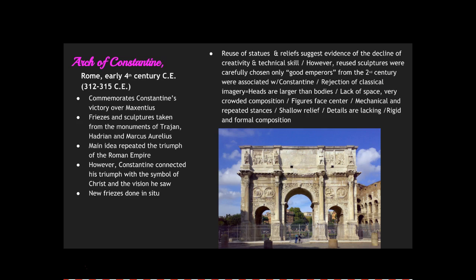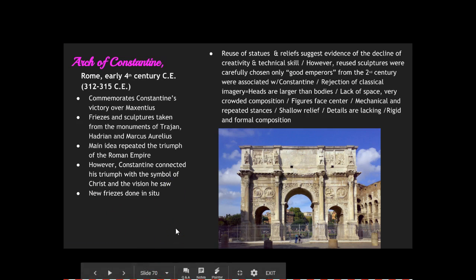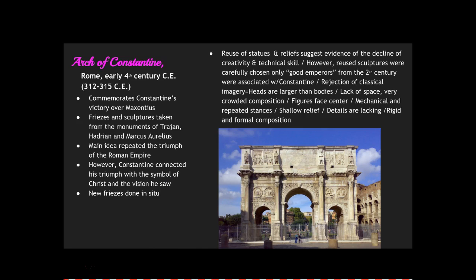Okay, so now we're coming into Constantine. Constantine was the son of one of these tetrarchs. Once Constantine's father died, he invaded Italy and defeated the general there, one of the rulers that ruled Italy at the time, one of those four tetrarchs, and took control of the capital, claiming victory with the help from God.